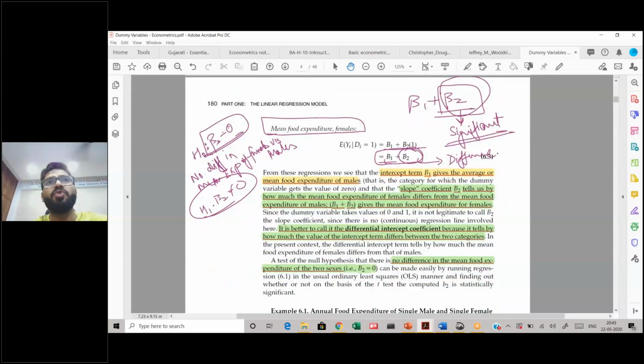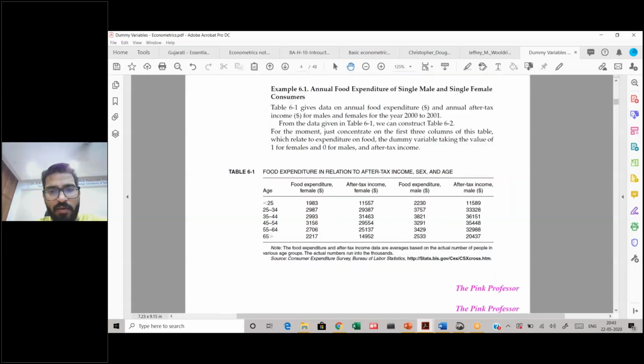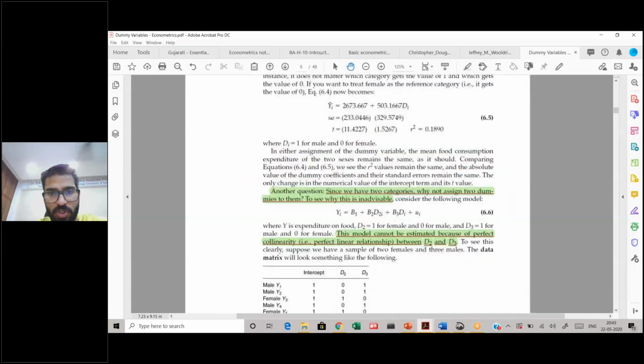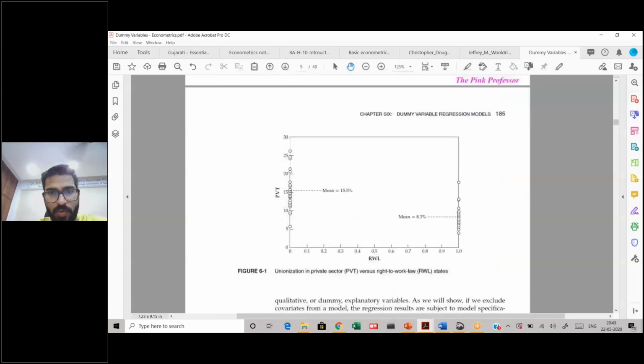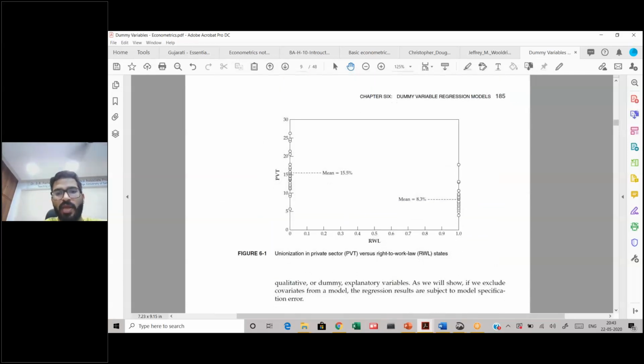At times, if you want to check whether two regression equations have different intercepts, then we check for this. Now remember, in the model that we are talking about, let me just show it to you in a particular way. This is the kind of model that we have. There is no slope coefficient. There is nothing called slope. We only have intercepts. So in a sense, we have something for males, the food expenditure, and something for females.